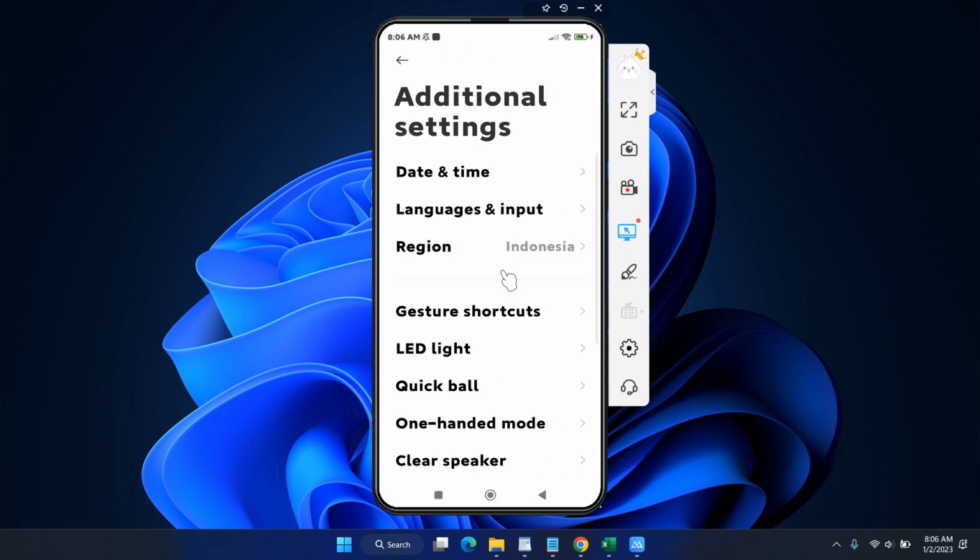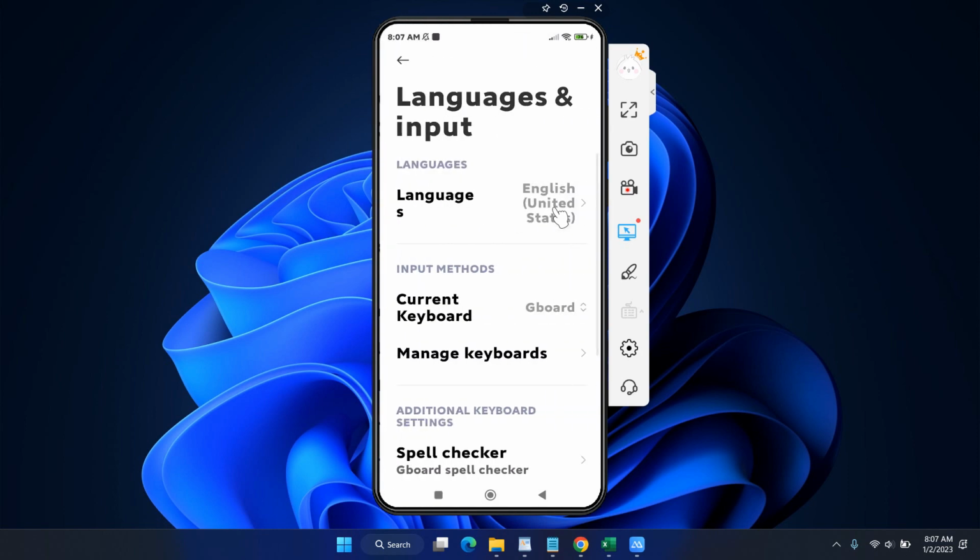Just click the settings, and in here select the menu, language and input. Almost all Android smartphones have this menu. Just try to find the keyboard menu or the language and input menu, something similar like this, and click here. You can see my input method is using Google Keyboard, or Gboard, in here. Just manage keyboards,